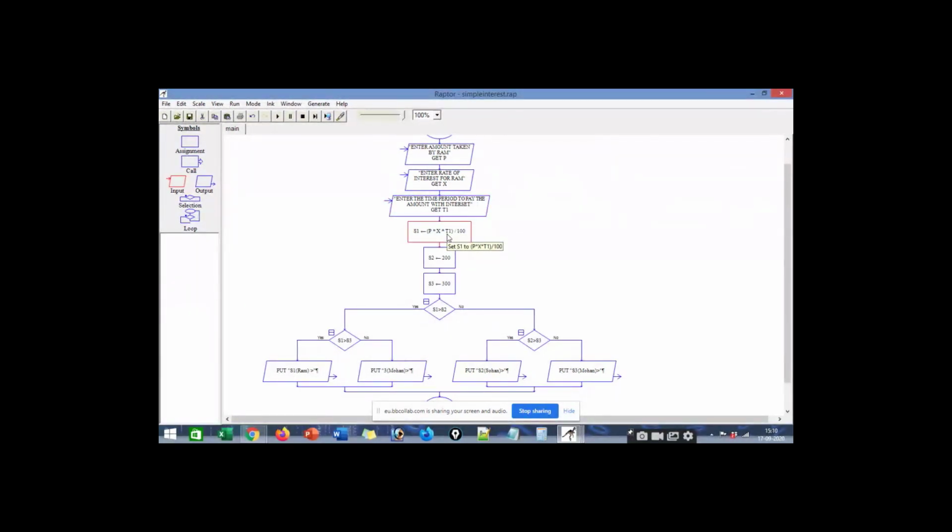So that's how S1 is calculated, and in a similar way you can calculate S2 and S3. But to make the program simpler, I show you how I provided the S1 value, and the S2 and S3 values I directly give. Now here comes the selection part. In the selection part, I am saying that if S1 is greater than S2, what will happen?